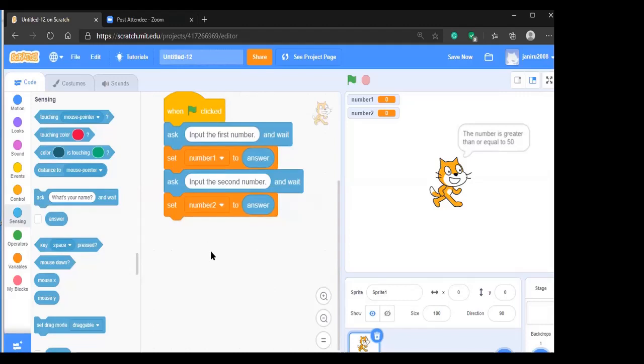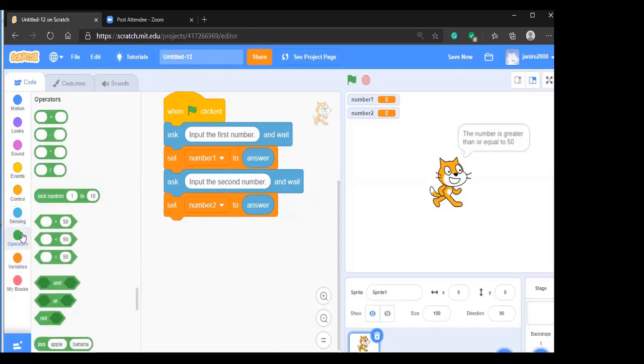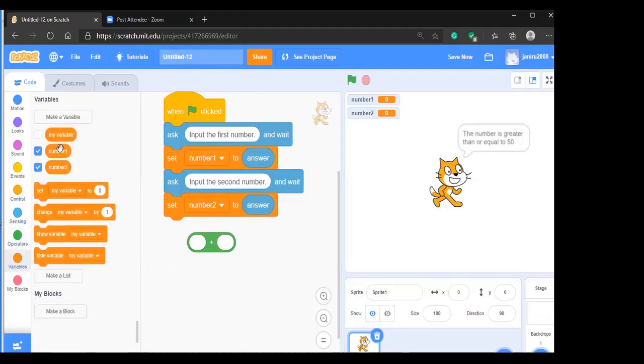Now you have to do an addition. So how do you do the addition? There are operators. You go to the operators, and then to the variables, and you can say number one and number two are there.